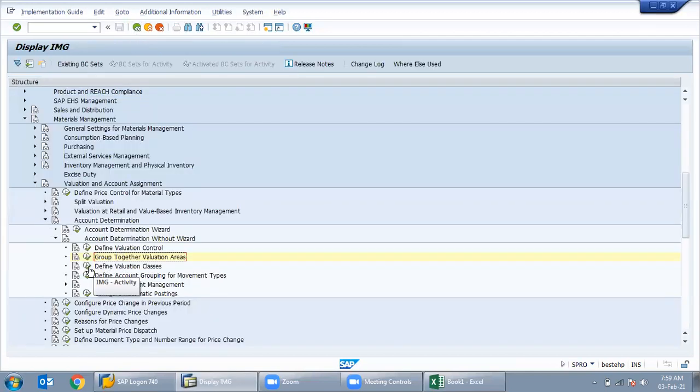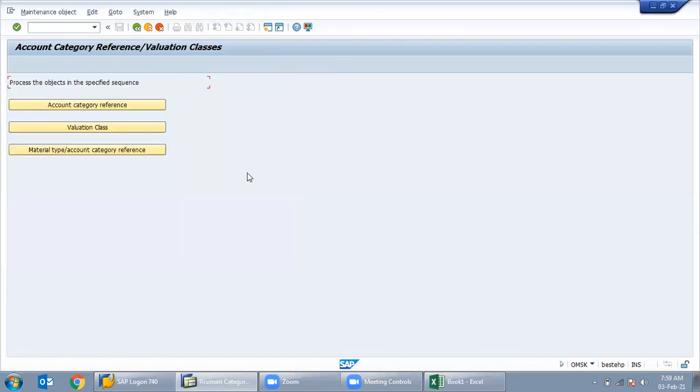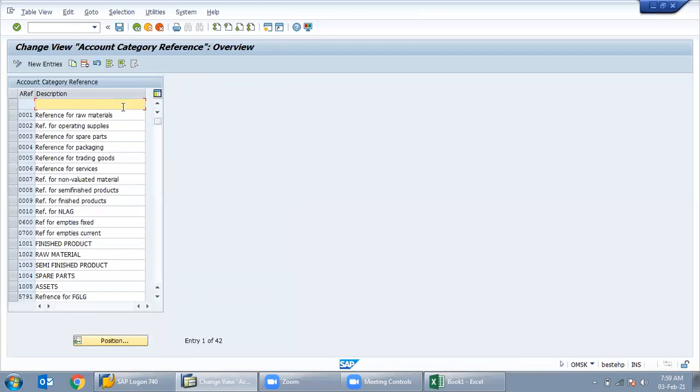First, we create a define valuation class. There are three options: account category reference, valuation class, and material type. In that option we have to click on account category reference. That is the first one.